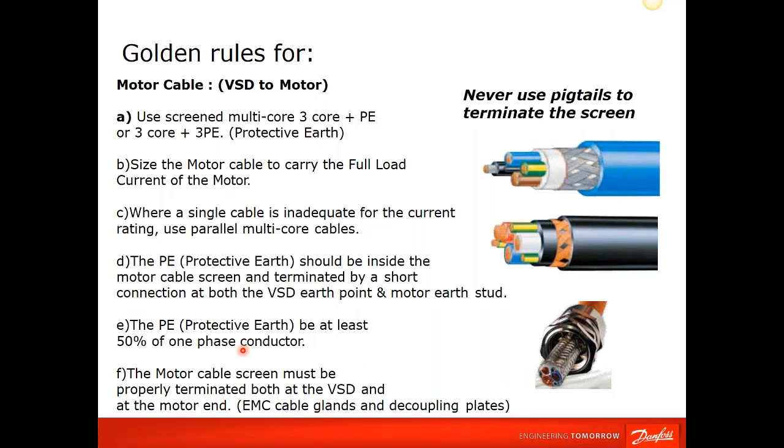and so on. The motor cable screen must be properly terminated at both the VFD and the motor ends. Again, they would like not to see pigtails on the motor end. They recommend the EMC cable glands to be used on the motor side,